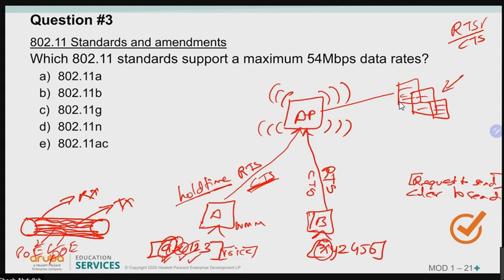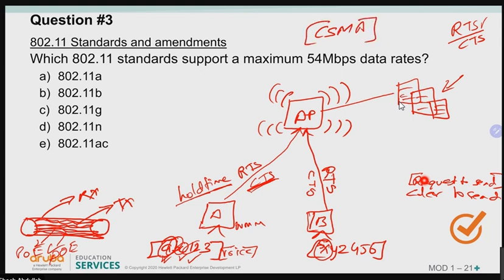When you talk about your wired networks, you've got full duplex connectivity from your client towards your destination. You've got a Cat 5, Cat 6, whatever cable you have, in which you've got a pair of wires, one for TX, one for RX, two for PoE. But in your wireless network, you don't have that kind of connectivity. You've got a wireless network, which is different. And this entire process is called